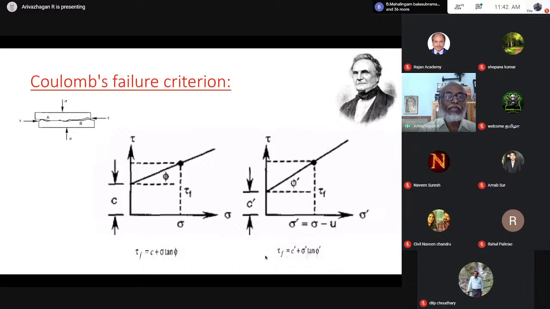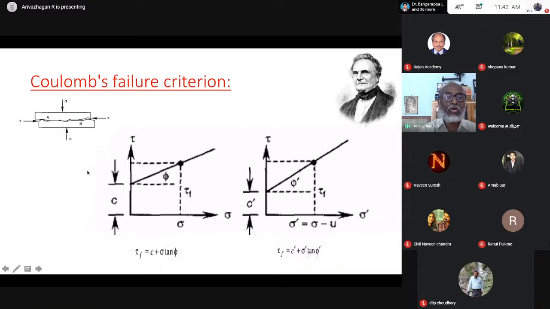Here, see here, the two blocks A and B are in contact with each other and are subject to normal stress and shear stress. The contact surface is not smooth and contains a frictional apparatus. Under the constant normal stress, the shear stress increases from 0 to a maximum value, that is tau f, forcing the block to slide along the contact area.